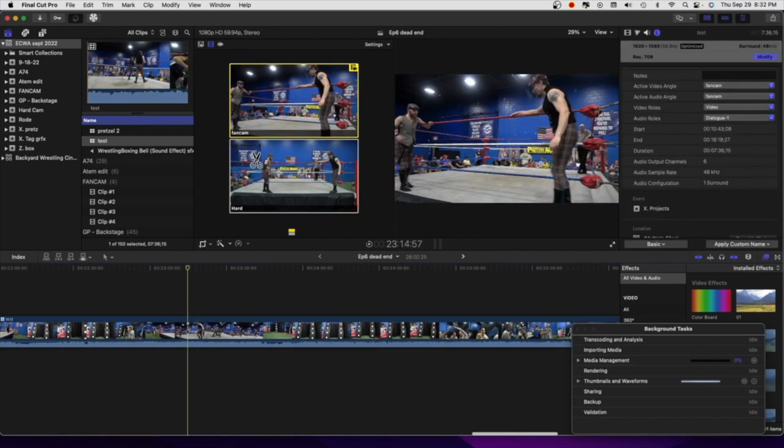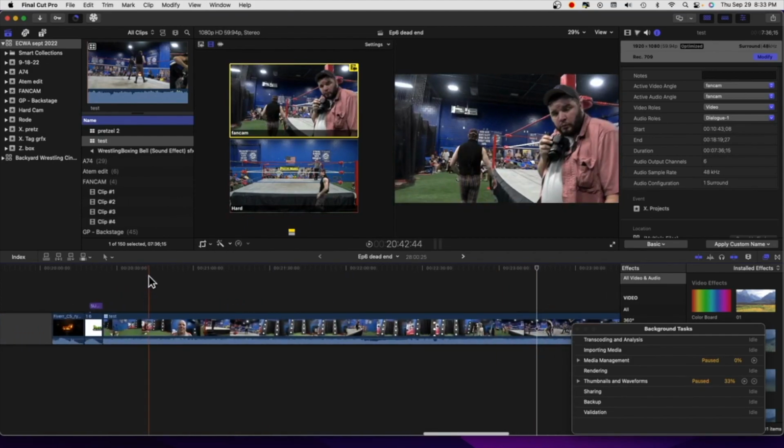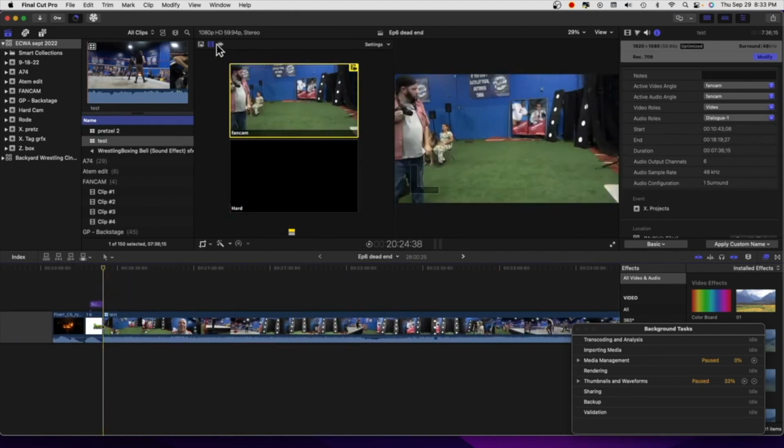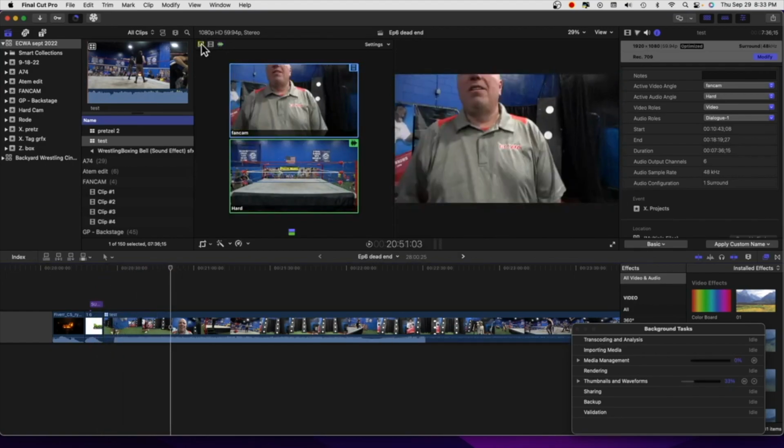Now, if you see right here, you have your icon for your audio and your video. Now, typically I don't want my audio being this close to the people. So what I'll do is go back to the start of the timeline. And I'll just go ahead and select the audio icon right here. And I can change it right to my hard camera. And then it'll pull the audio from my hard camera. Now, if you keep both of these selected,